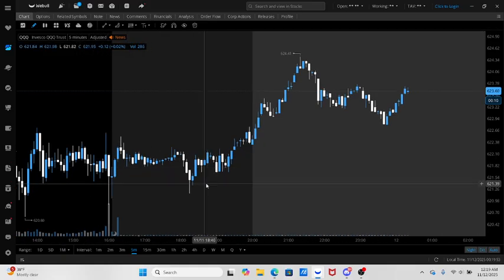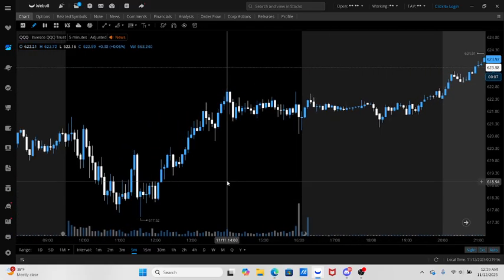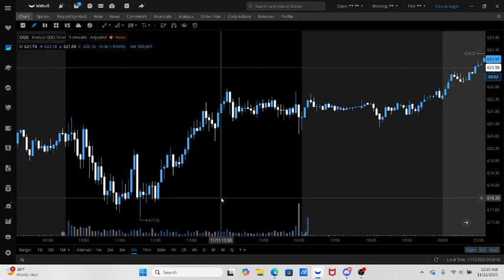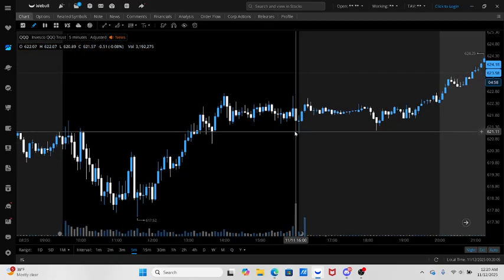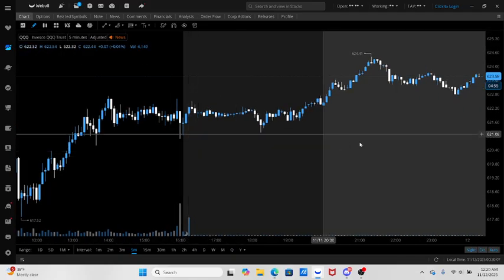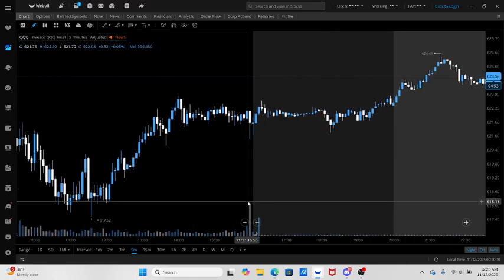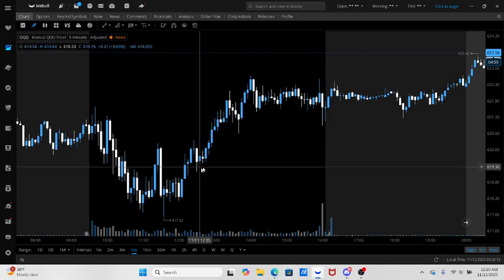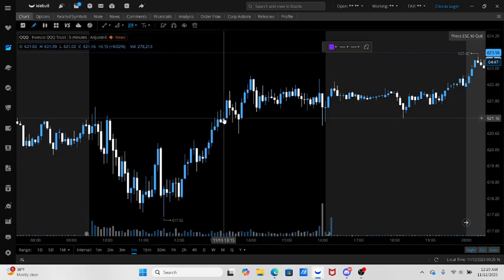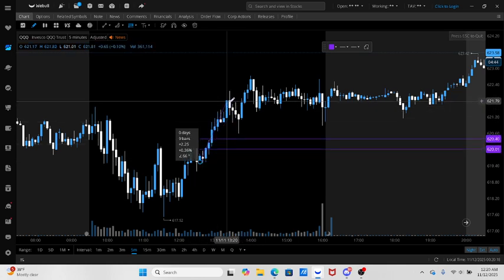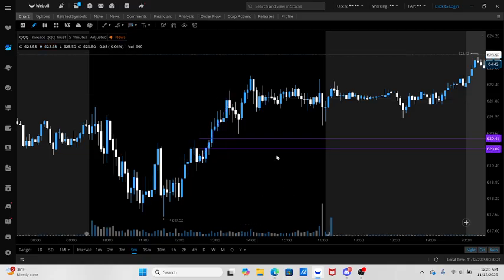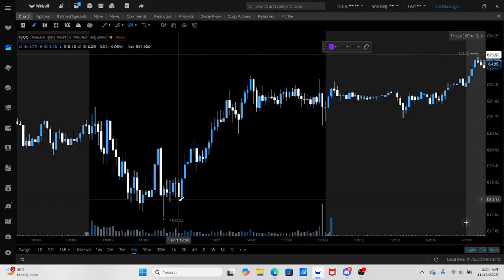Let me actually do it during market hours. If you don't know, this black square is the New York session, around 9:30 to 4 p.m. And then this is after hours, like the Asia session. But yeah, say this price, right here, this low to this high. A lot of times price will actually come right down into that, and that's a very low risk entry. It didn't quite get to it there, but from this low to this high,